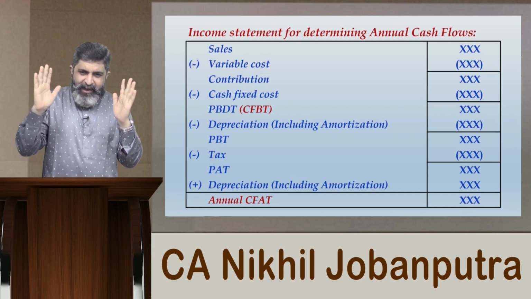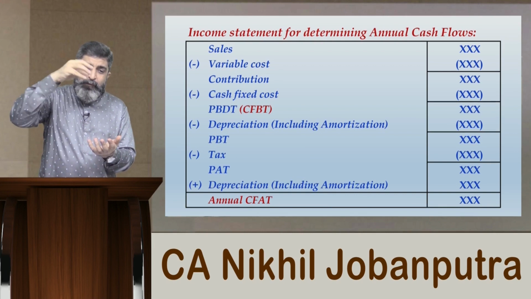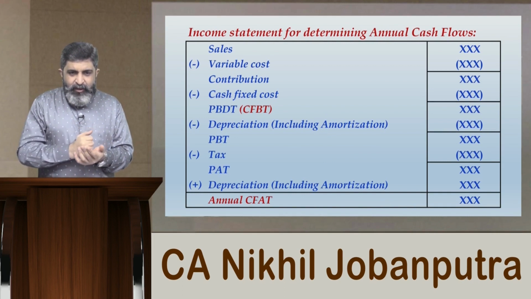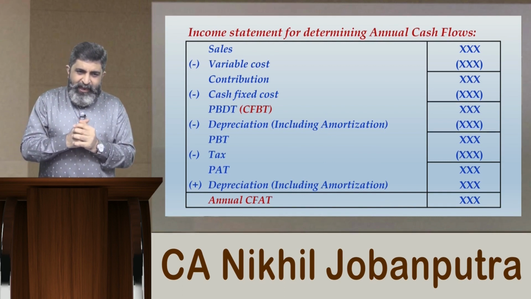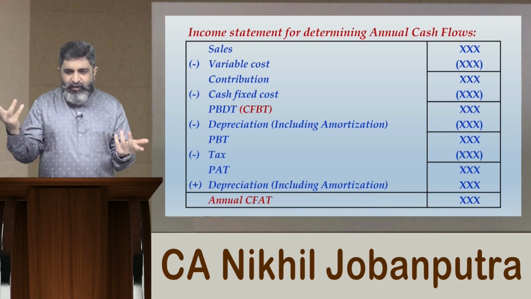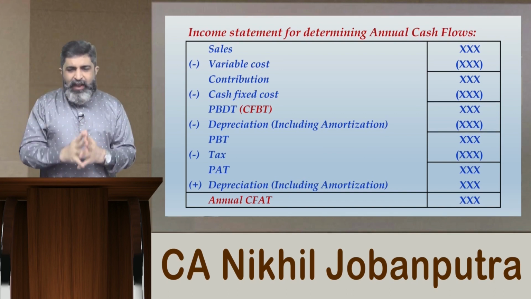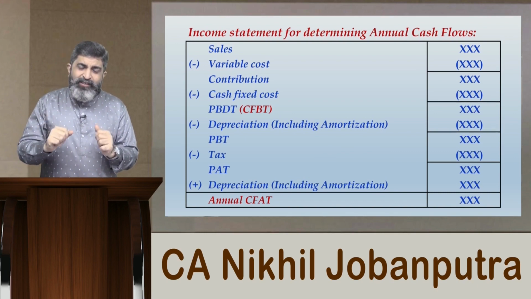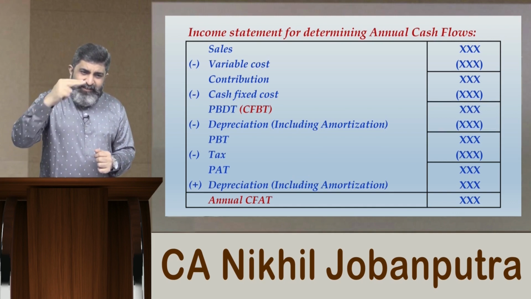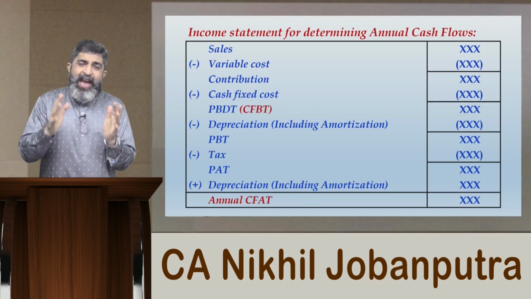Are you people understanding what I am trying to say? If the tax rate is 30%, we can directly say that the profit that will remain after tax will be 70% of the profit before tax. So profit before tax was how much? Profit before tax was 8 lakhs. 70% of that profit will be 5,60,000, or profit before tax minus the amount of tax will also give you profit after tax. Now what we have to do is add back the amount of depreciation, that is 2 lakhs. So 5,60,000 of profit after tax, adding back depreciation of 2 lakhs, will give me annual cash flow of